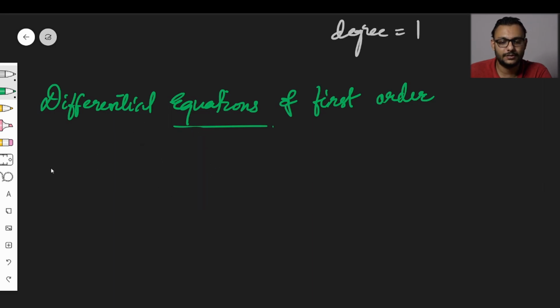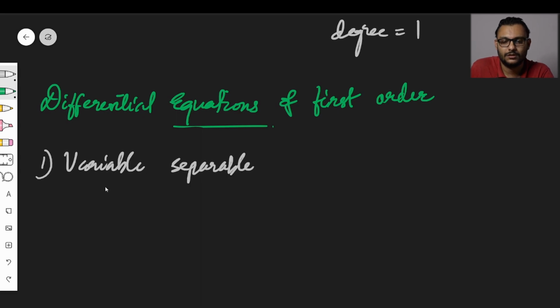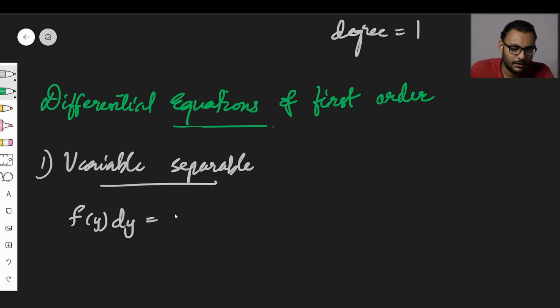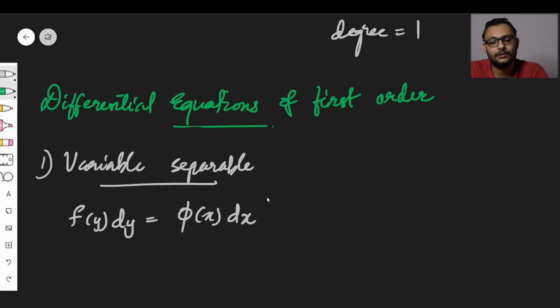The first type is called variable separable. The first type in first order differential equation is variable separable. Variable separable is a type of first order differential equation that itself speaks the property, that is, we can separate the variables. So if we have a differential equation of the form f of y dy is equal to phi of x dx, then this kind of equation comes under the heading of